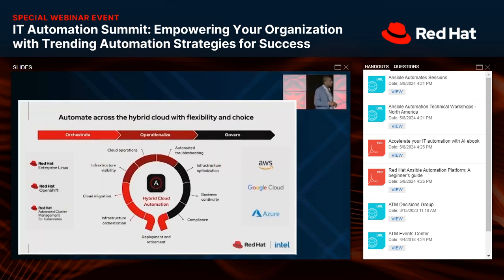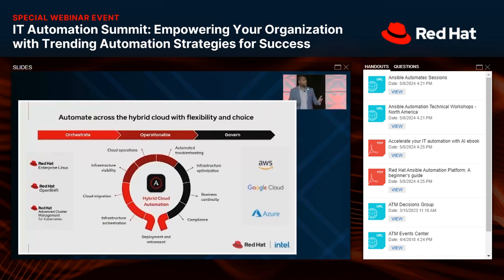Again, we talked about automation across the hyperscalers, right? So just the flexibility you gain in being able to orchestrate any of the platforms, right? Whether it be additional platforms or any of the Red Hat platforms, be able to operationalize and then be able to do that governance on any of the cloud platforms, right? So just creating the connecting fiber there between all your hyperscalers, right? And being able to manage the lifespan of the resources there, as well as being able to make sure that you can migrate workloads between those different hyperscalers, right?